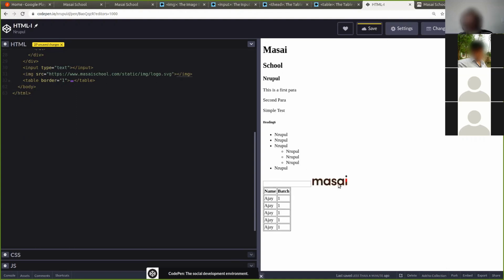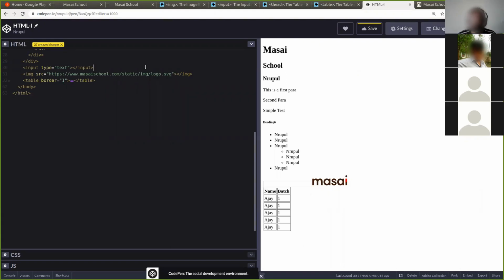Okay, now you can see the image is here. You might be wondering why it is coming in a single line. You'll understand once you get a better understanding of things. But let's say at any point you want to shift it to a new line. There is a tag called BR. BR is break. If you put a BR tag, you break this and put it in a new line.